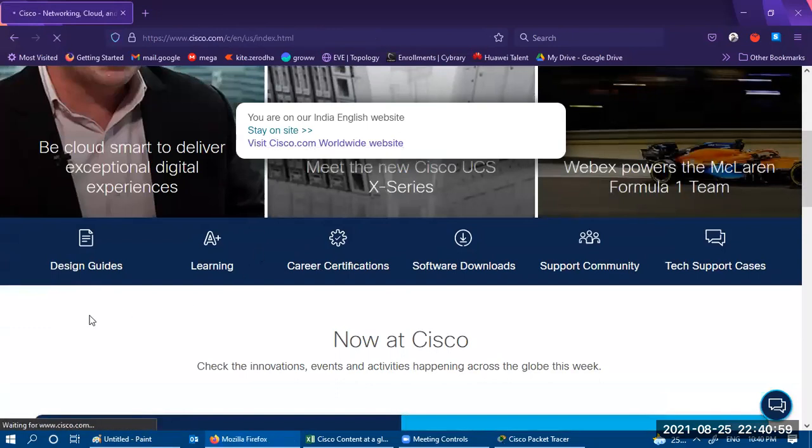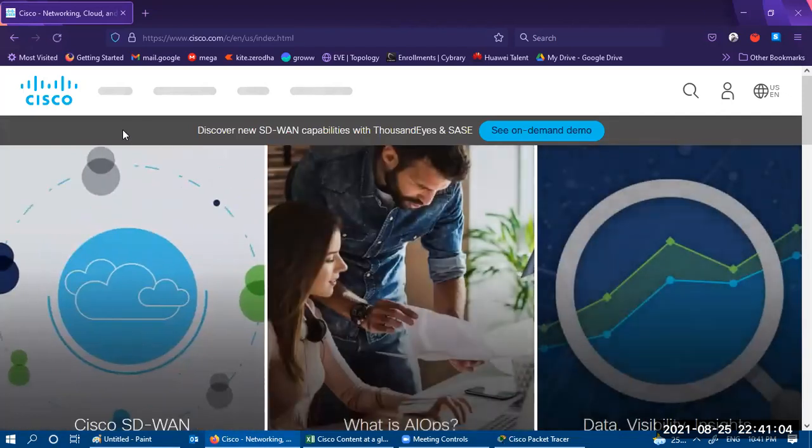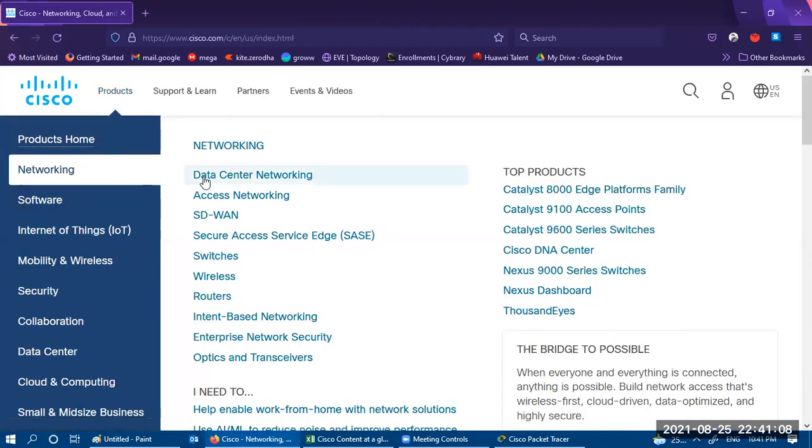Okay, wait for a while. Go to Products. Inside products, we have switches, wireless, routers. Click on switches.